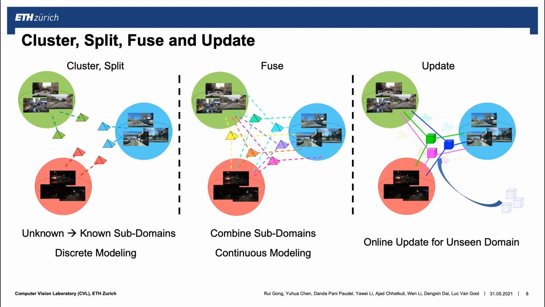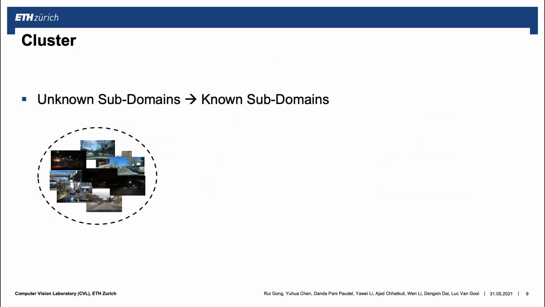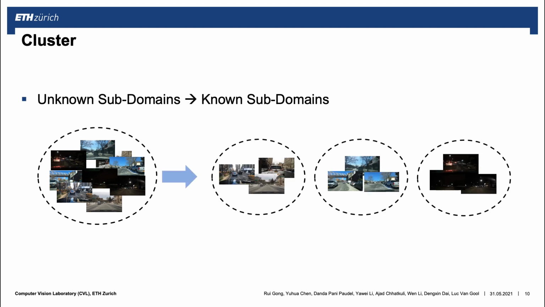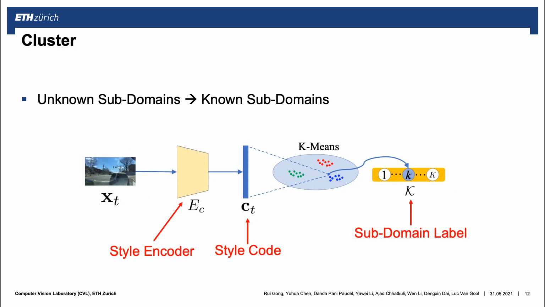The cluster module is to divide the whole compound target domain into multiple subdomains. We cluster the target domain according to the style of the images, and we exploit the style code to represent the style of different images. Specifically, we feed the image into the style encoder to get the low-dimension style code. Then, the style codes of different image samples are clustered in the k-means way and we get the different center style codes. Each sample is assigned to one subdomain by finding the nearest center style code.